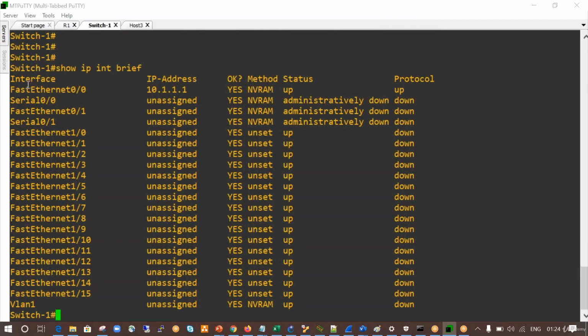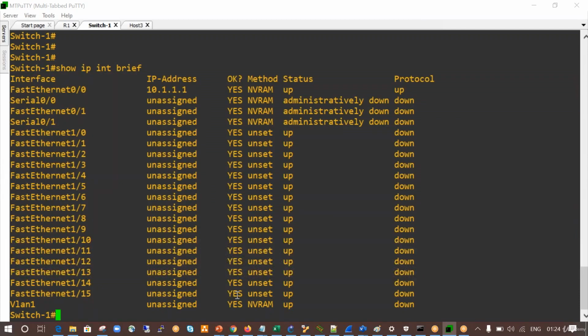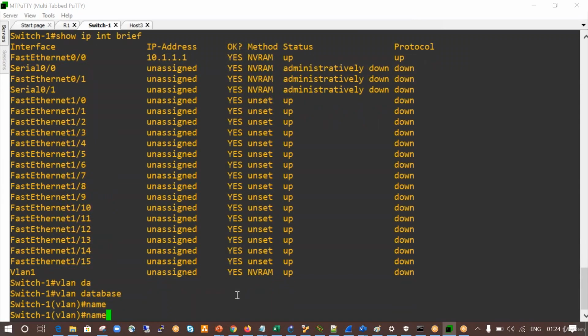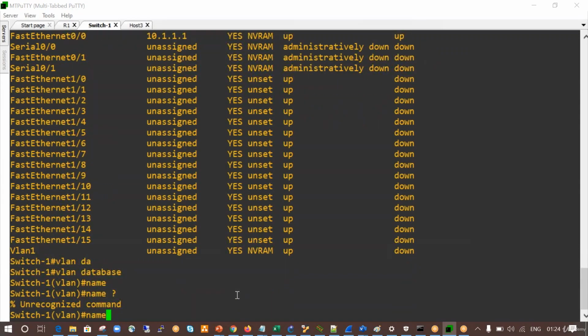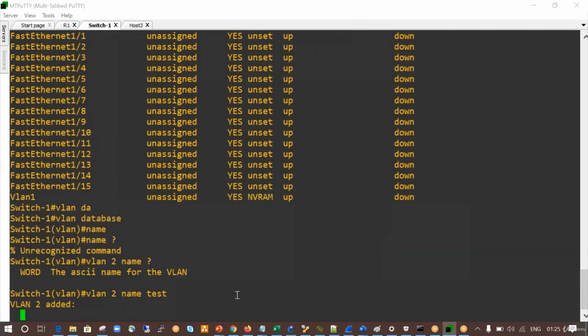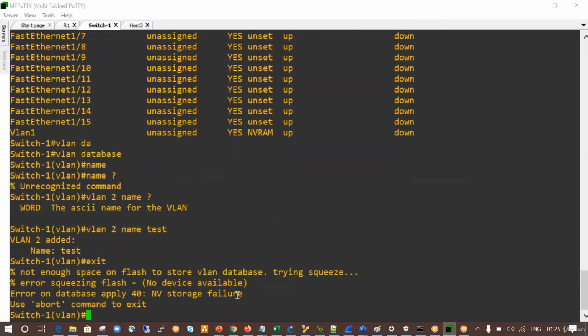On switch 1, I don't have the VLAN that I want to make. So how can I do this? Say vlan database, name, if I can give, or maybe we can give like this: VLAN 2 name, just all right.